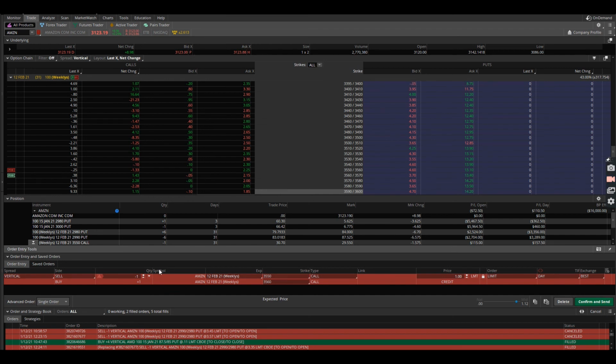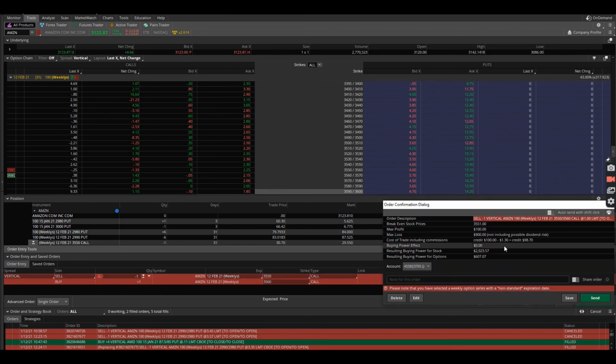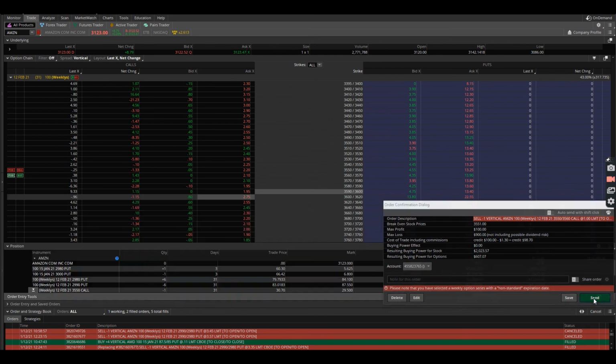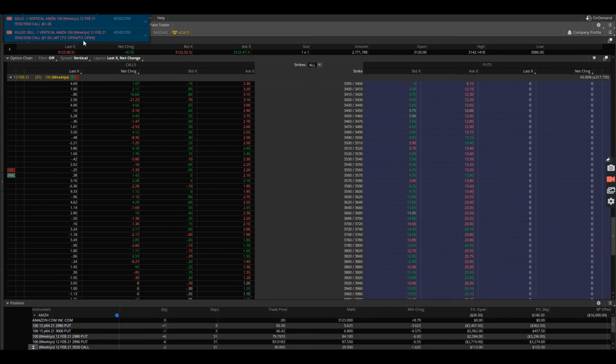So just go to confirm. After double checking your information, click confirm. In this case, max profit is 100. Max loss is 900 because it's still a 10-point spread minus 100. So 1,000 minus 100 equals 900. Resulting buying power for options still positive. Now let's send this order in. Perfect. It closed at